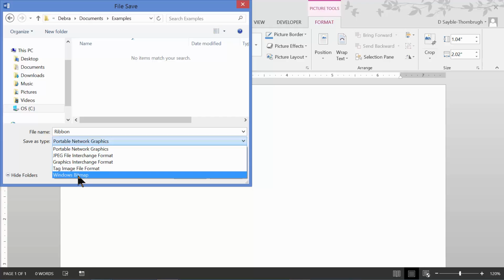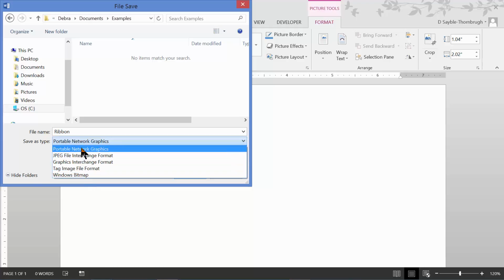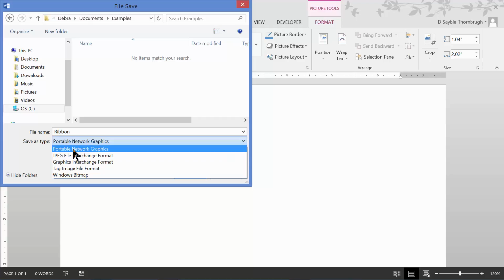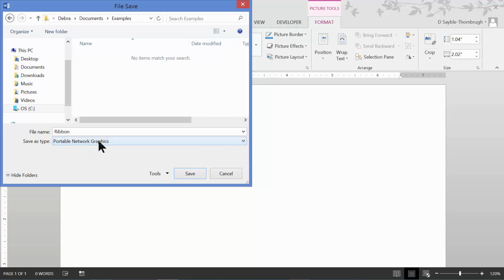You don't want a bitmap because that's a very old way of doing it, and it's very megabyte heavy and it doesn't usually look very good. So I would stay away from bitmaps. And the best way I think to do it is either JPEG or PNG, Portable Network Graphics. So I'm going to stick with Portable Network Graphics. Usually it's easier to upload files like that, and I'll just call it the ribbon. And I'm going to click Save,